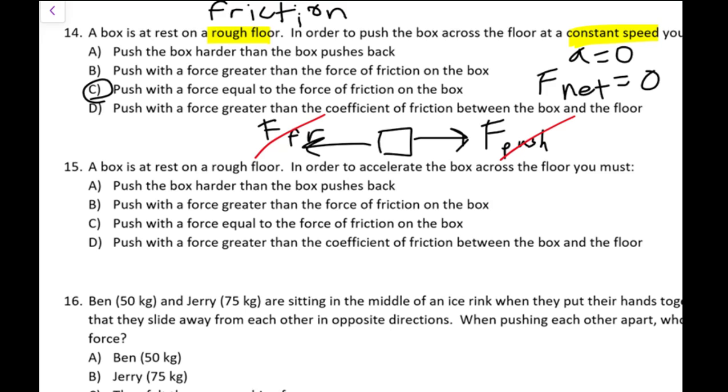If our push is greater than that, like in part B, it's going to accelerate. And the coefficient of friction is just mu Fn. This guy right here, that's coefficient of friction. And so the force will be greater than the coefficient of friction, but you can't really compare those because they're not the same units. But number-wise, it will be larger, assuming the normal force is greater than 1. Anyway,